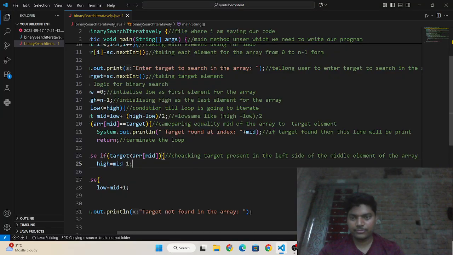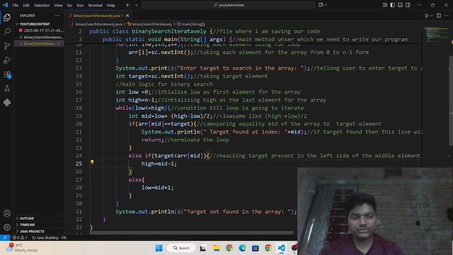Okay, if it is present, then it is moving high to the left side of the middle element.